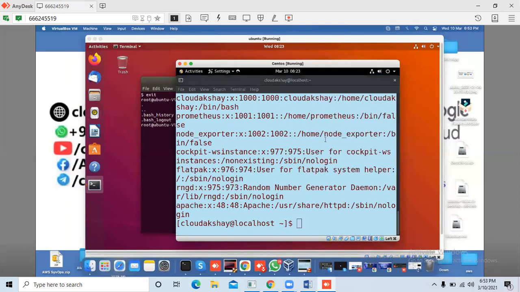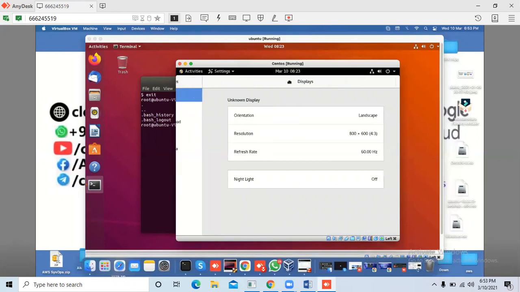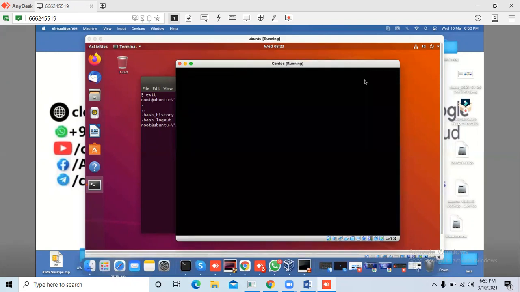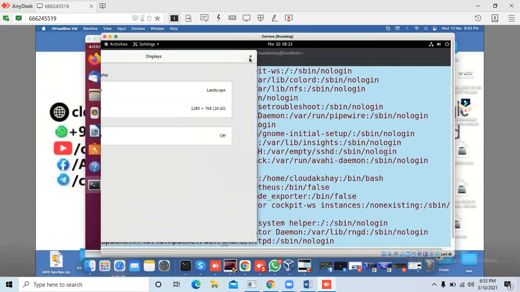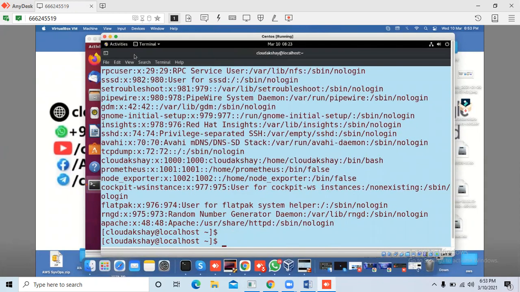Let's increase the size of the screen. So now the size is fine. I installed the system user Apache, so the username is apache, with x for the password, UID, GID, and all the other fields.